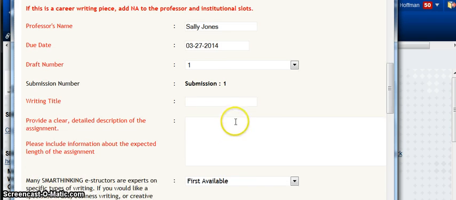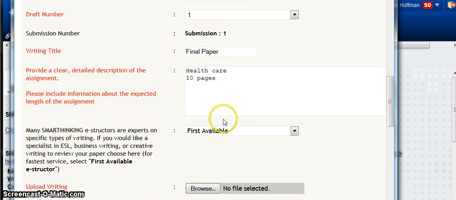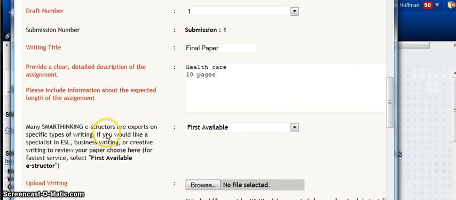And then you can put your name of your paper here, and then put a description in of your course, what your paper's about, and how long it's supposed to be. And then you go down a little farther and it says many Smart Thinking e-instructors are experts on specific types of writing. So you can either pick first available,